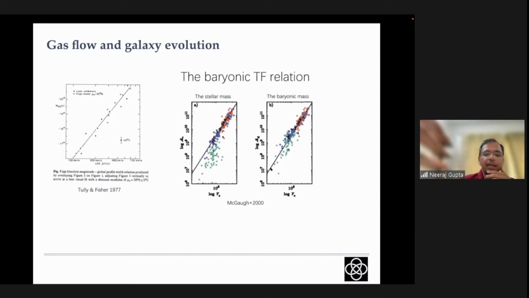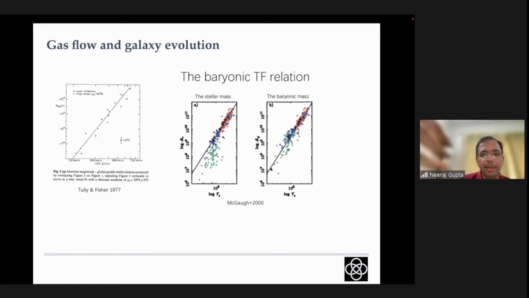And on the x-axis we have the rotational velocity, and as you can imagine, HI is an excellent tracer, not only because the HI disk extends much farther than the optical disk, but also because it's a spectral line. It is a very nice tracer to determine the kinematics or the rotational velocities of galaxies, so it plays a very important role in this fundamental study. And currently a lot of deep observations are ongoing to build samples to investigate this as a function of redshift, like how it